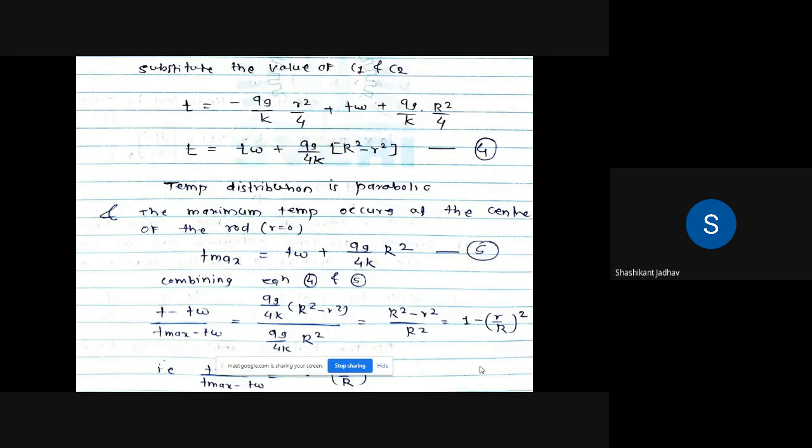Then we put that value of resistance into Q is equal to V square upon R. From that we get the value of Q in watt, but our aim is to calculate the QG in watt per meter cube. So we divide that particular value by the volume. Volume is nothing but area into length.